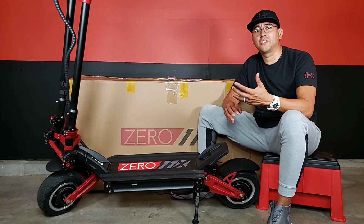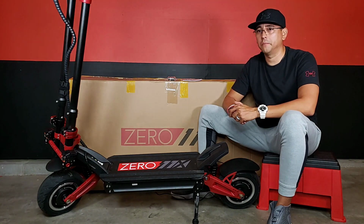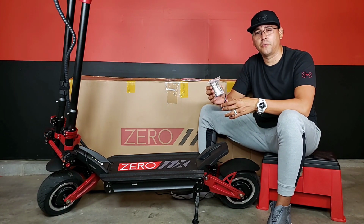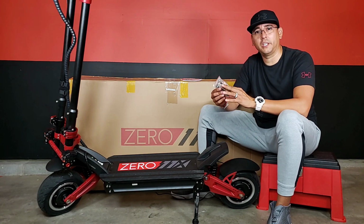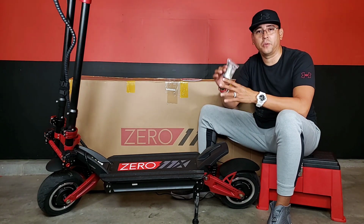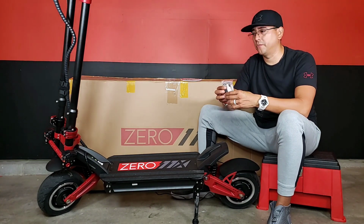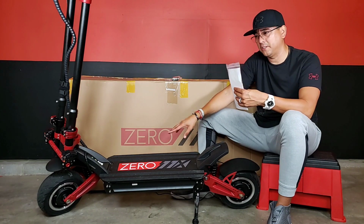I wanted to share with you guys something that I completely forgot to do in the unboxing video. I know, I apologize, rookie mistake. A couple little things came in the box with it, like your multi-tool kit. This has come with all of my scooters before, so I have plenty of them. If you want one, let me know. It comes with the Allen keys and a couple screwdriver heads that I believe you just put in your backpack. You can just put it in your scooter bag and leave it there, and it can come in handy in case you need to do some minor repairs while you're out there on the field. And aside from the charger, obviously, that I can't show you because it's being used right now,